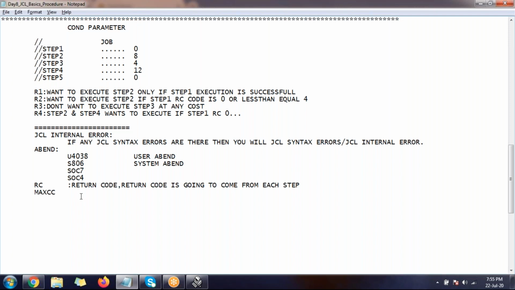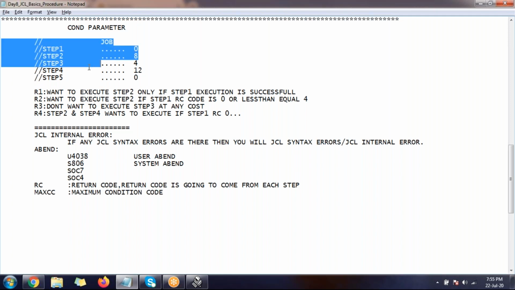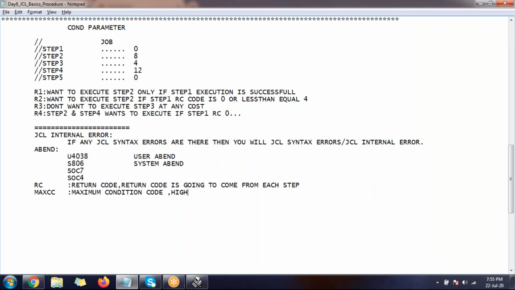Next, what is the maximum condition code? In this job, which step is returning the highest code? Step name doesn't matter. What is the return code? Let's say it's 0, it is 8, here it is a 4, it is a 12. What is the maximum return code among all the steps? 12. So it is going to give the highest return code